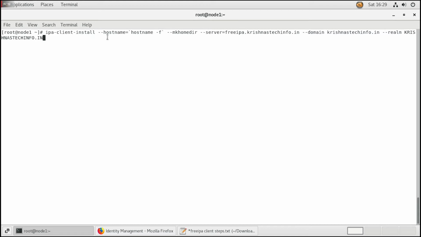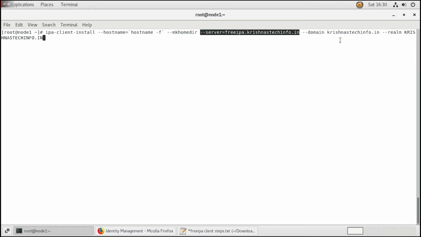So you need to add the --hostname option to fetch the hostname using the hostname command, and the next option is to create the home directory on every user login. So you are using the --mkhomedir option here. So next option is --server, which is used to mention the master FreeIPA server here.